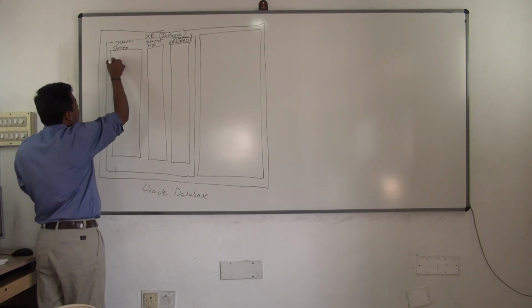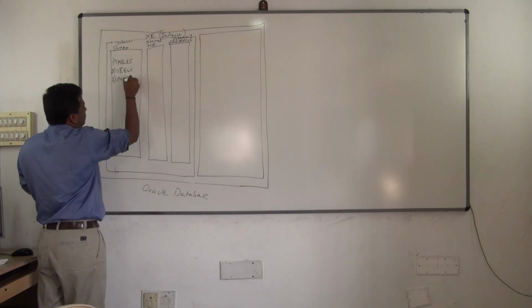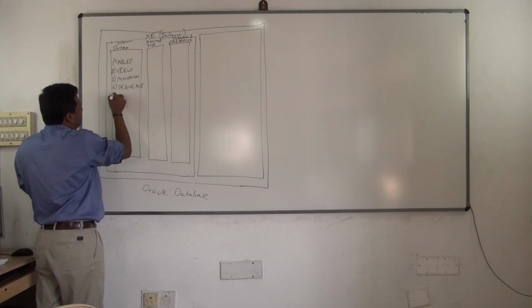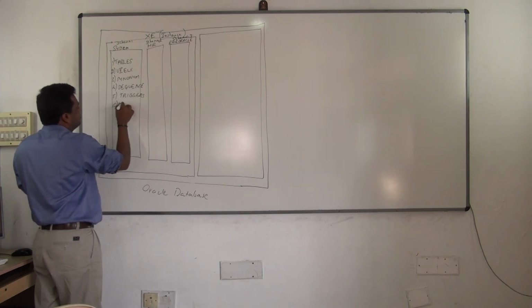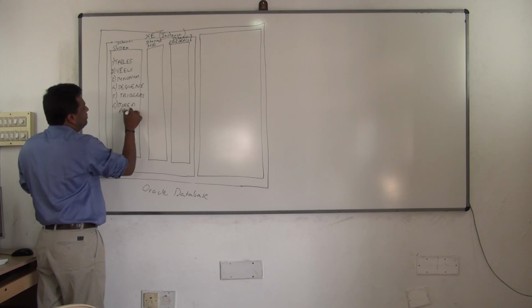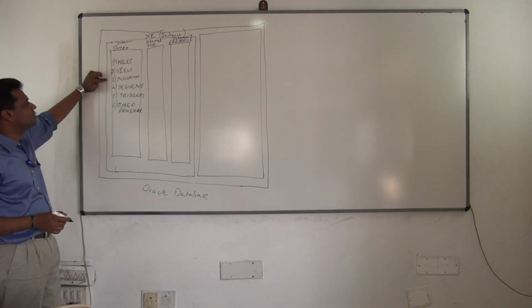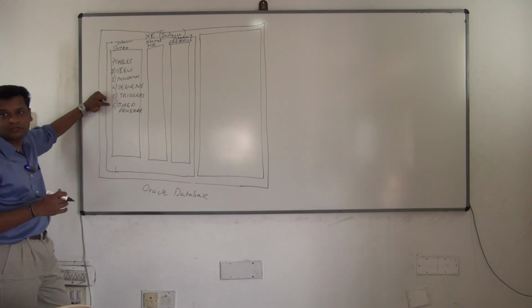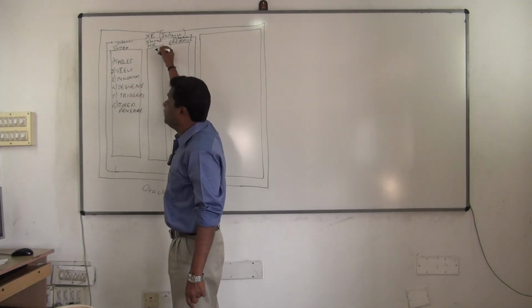So in the schemas, generally you will have tables. Then there is something called views. Then something called synonym. Then something called sequence. Then you have triggers. Then stored procedures. Like this, many things will be there in the schema. Let me read again: table, view, synonym, sequence, trigger, stored procedure. Right now you are seeing only tables.